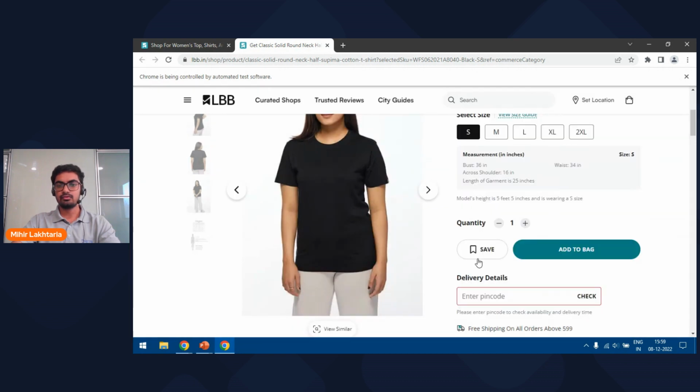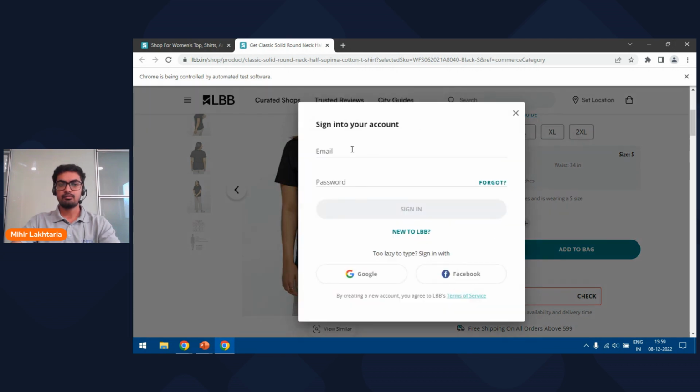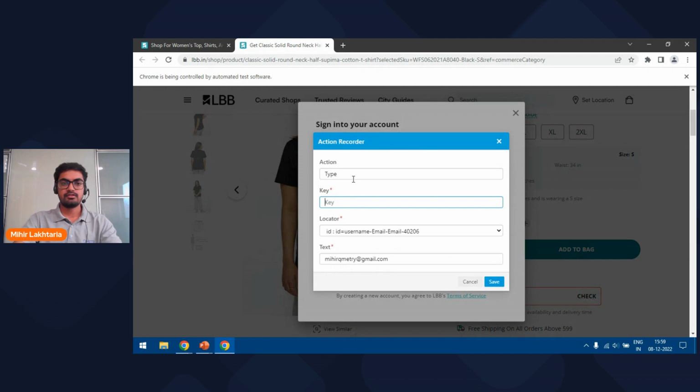Now what I want to do is save this to my wish list. So I will click on this save item. As soon as I click on this save, it is asking me to provide email ID and password. So I'll just enter some of the credentials and the password. Then it will ask me to provide a key to the action that I have just performed. So I'll provide it as,